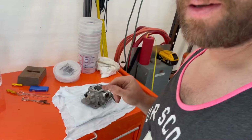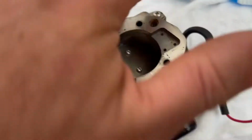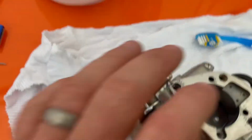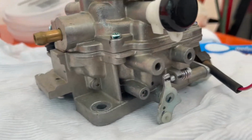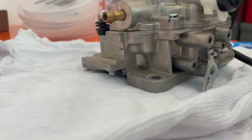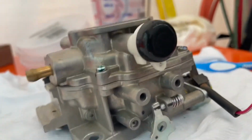Yeah. And next, I think what I'm gonna do is I'm gonna take off this cap. So that's 4 bolts, 1, 2, 3, 4, and this should come right off. Be careful, I'm not sure if there's a gasket in between there. That could just be metal to metal, or it could be a gasket in there, so be really careful when